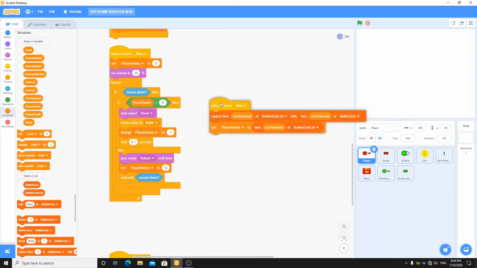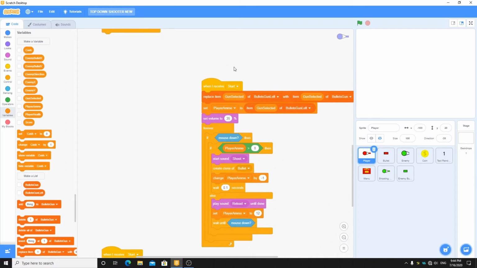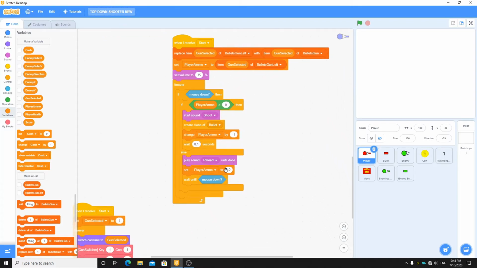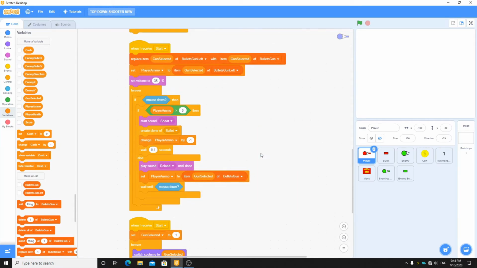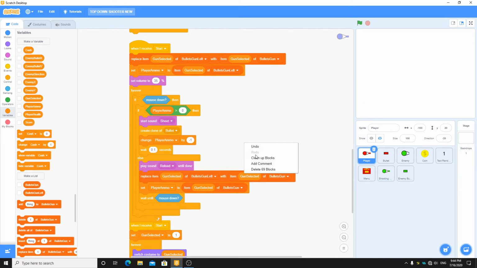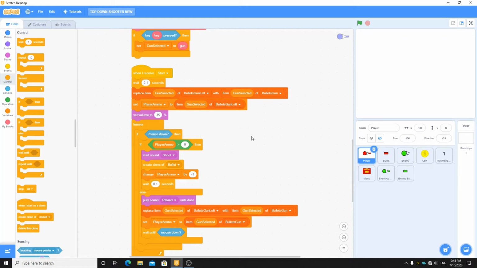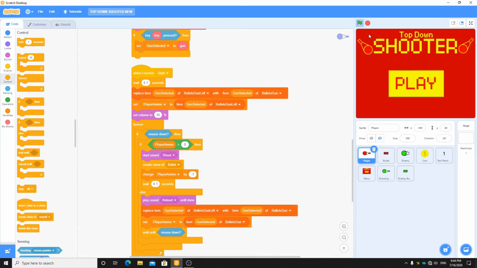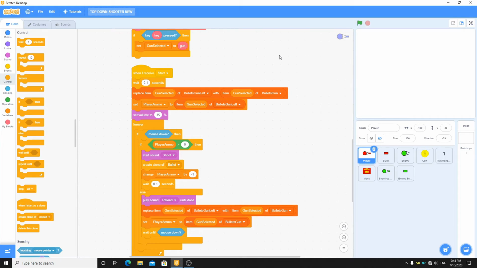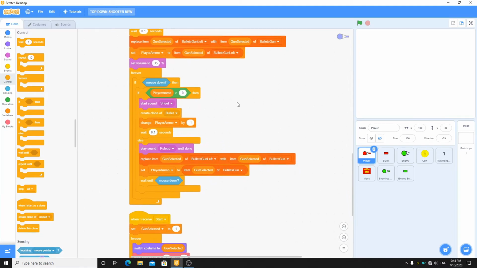Then we have this script. Let's join this and remove this set player ammo to 12 and this. So it will set, and then instead of set player ammo to 12, we'll put here item gun selected of bullets gun, and also put this replace item gun selected of things here, and just put here a delay of 0.1 second. This does two things good, like if we just put the mouse cursor on this green flag, it won't shoot, and it will take time to set the gun selected to 1, so that would work better, and prevent any glitches. So now this should work.